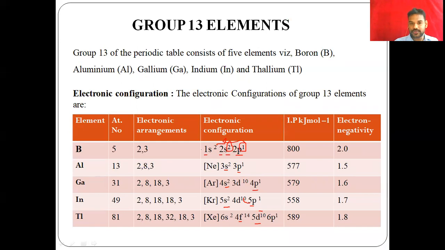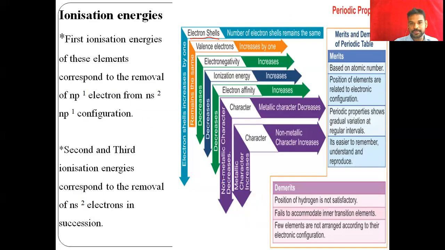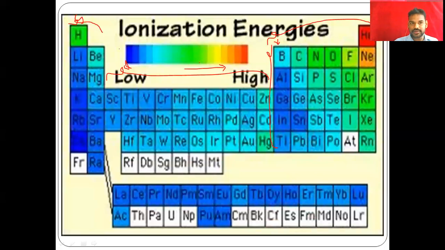So when we go along the period, in the first shell we have hydrogen and helium. In the second period, we have the second shell, there is a 2. Then in the third shell, we have 3, and then in the fourth shell, a new shell, there is a 4. So down the group, the number of shells increases. So here we have the first shell, and then here the second shell, and then the third shell, and then here the fourth shell is introduced.